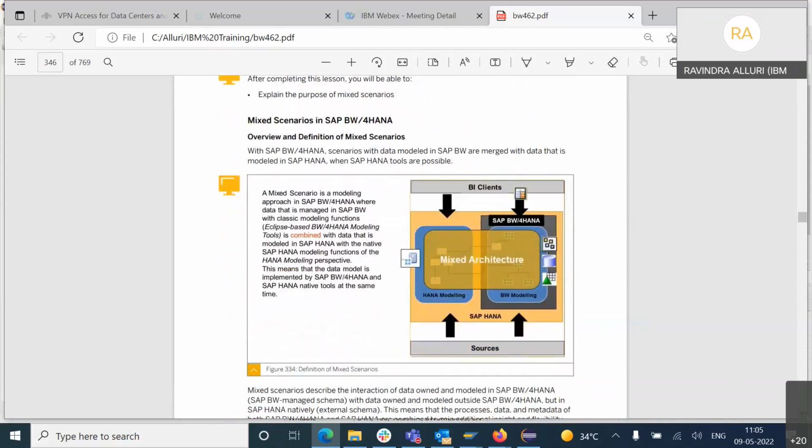Mixed scenarios are basically combining the BW model and HANA models. HANA models in the sense of HANA calculation views, and BW models like BW DSOs, composite providers, all these things. We saw how to generate the external HANA view based on the BW model. So the other way,